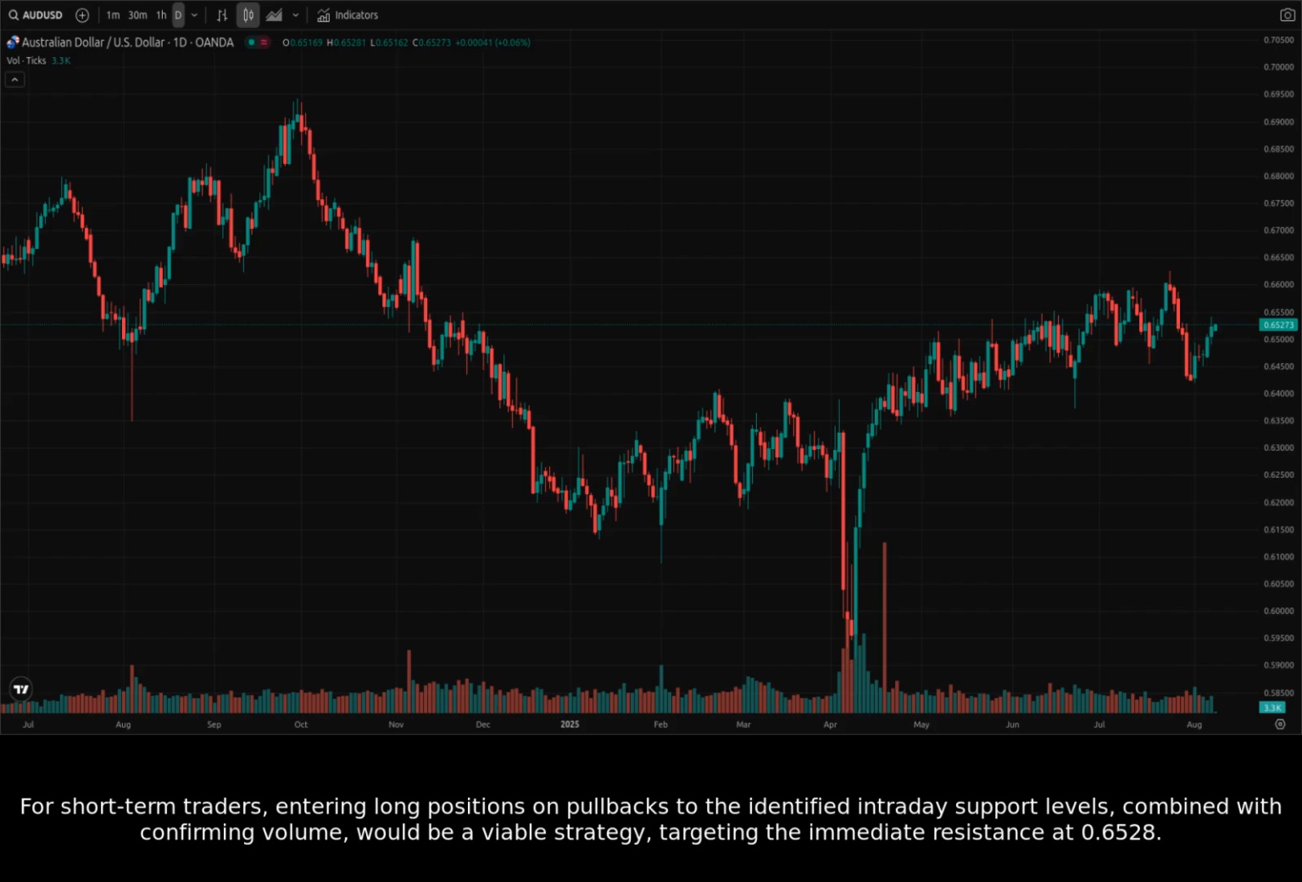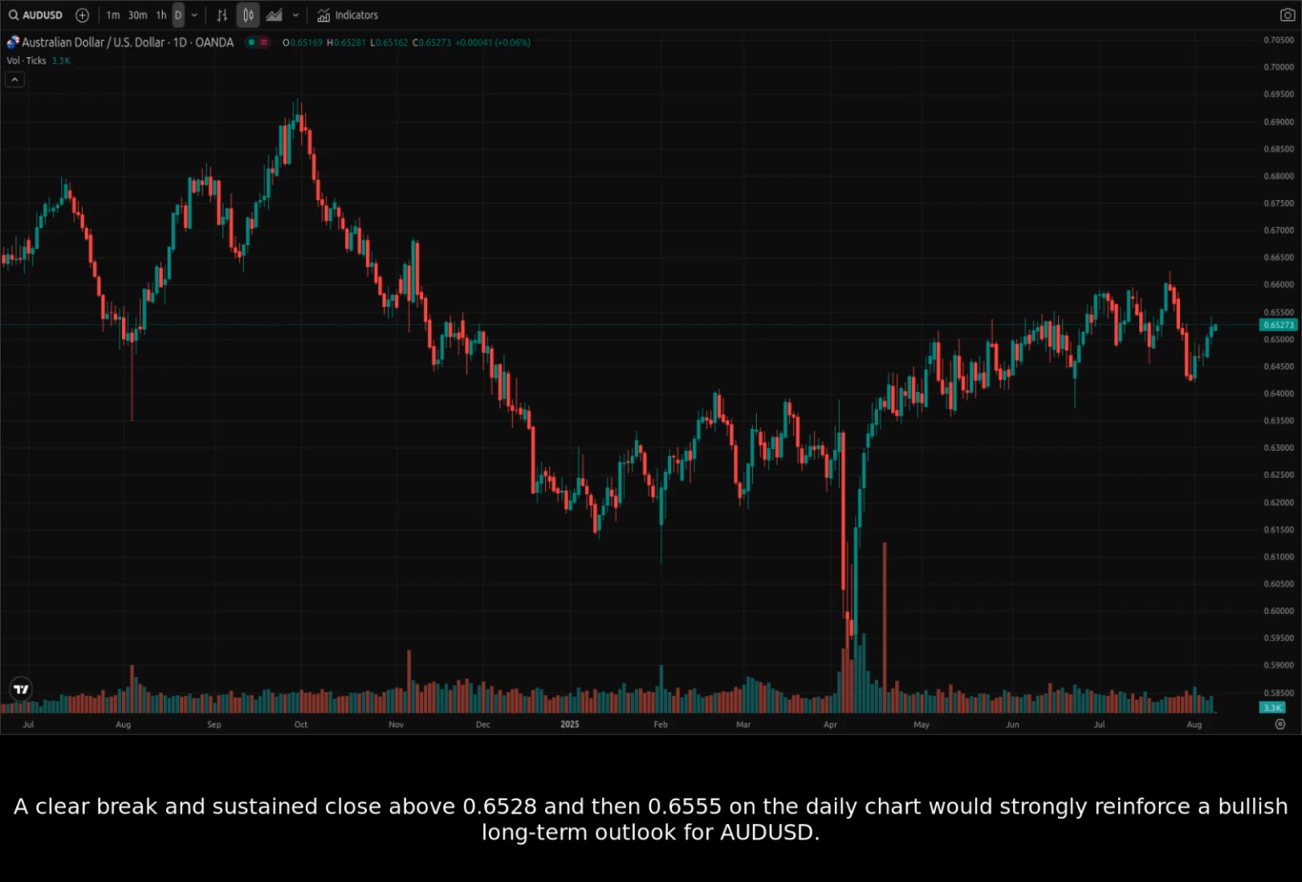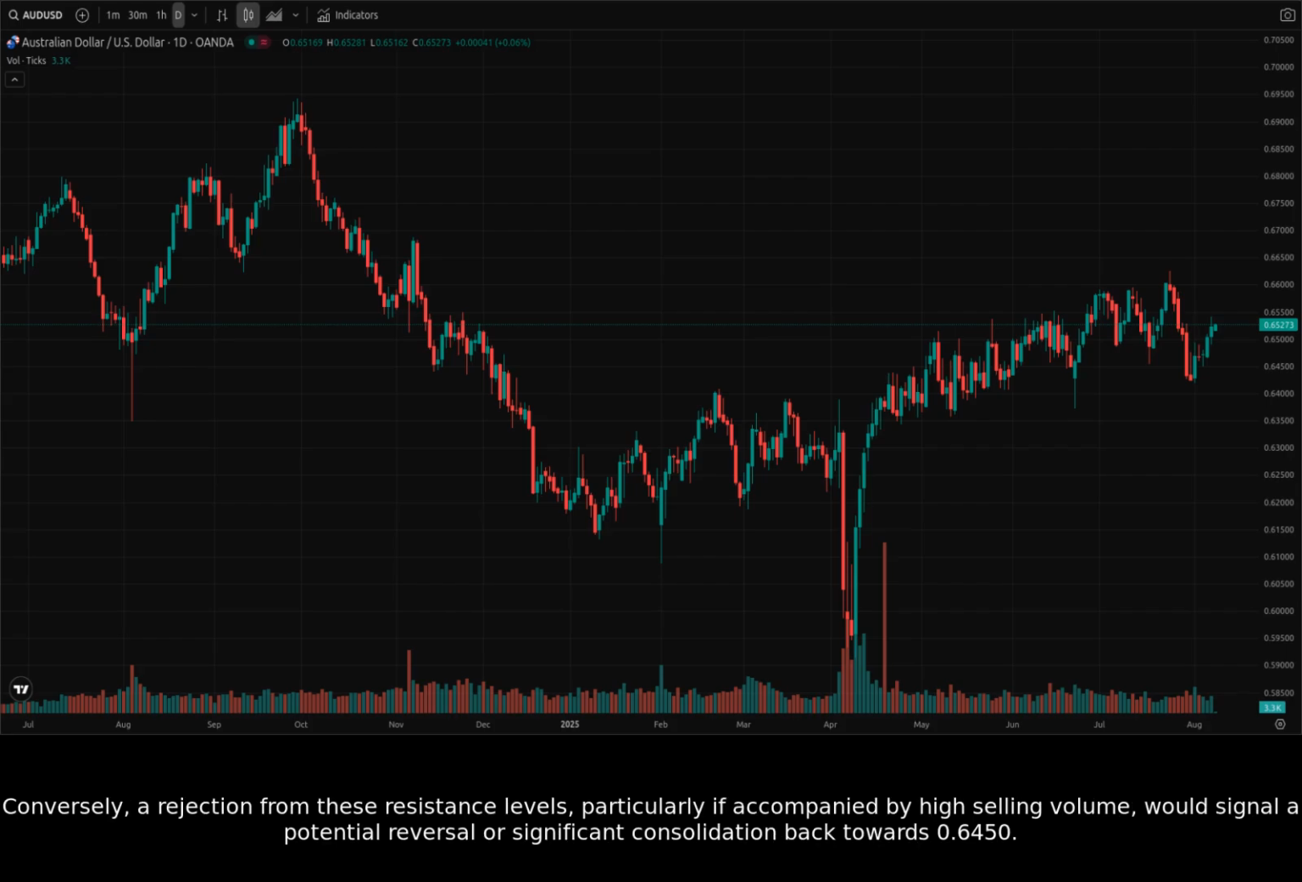For short-term traders, entering long positions on pullbacks to the identified intraday support levels, combined with confirming volume, would be a viable strategy, targeting the immediate resistance at 0.6528. A clear break and sustained close above 0.6528 and then 0.6555 on the daily chart would strongly reinforce a bullish long-term outlook for AUDUSD. Conversely, a rejection from these resistance levels, particularly if accompanied by high selling volume, would signal